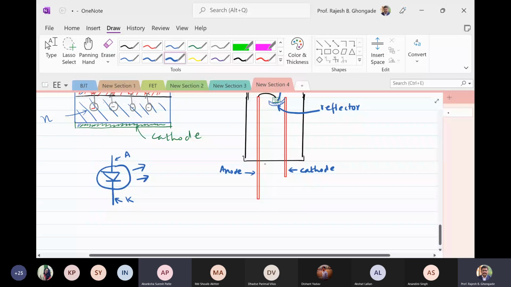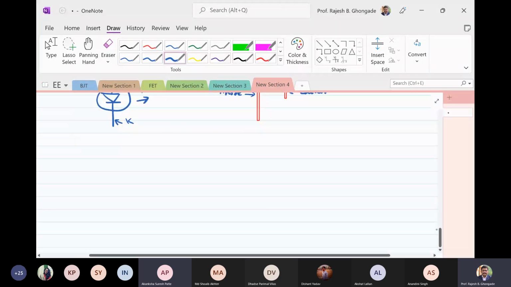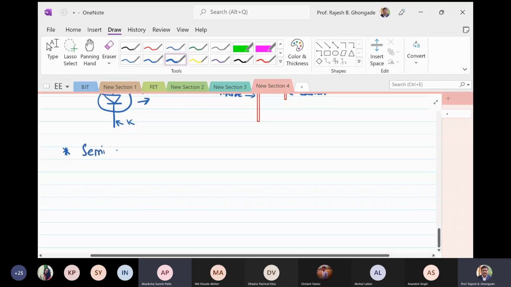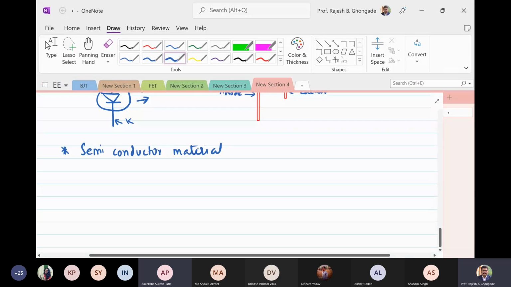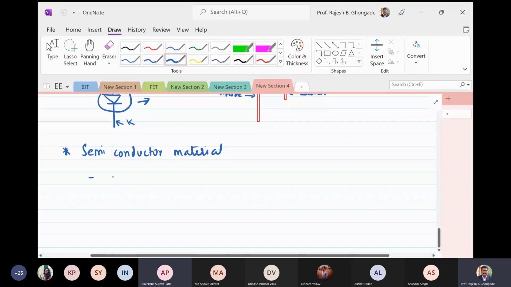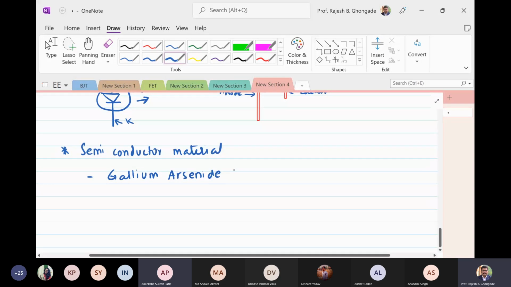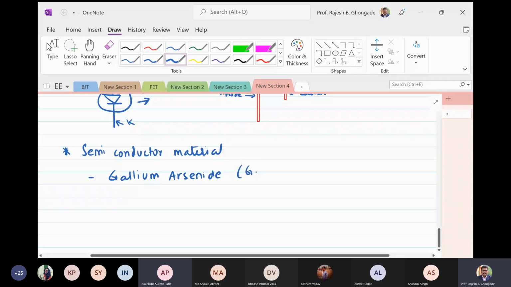But this semiconductor material that is used is not silicon over there. Please remember that. I mean, not only silicon. So we have different material. The semiconductor material used is gallium arsenide, GaAs,